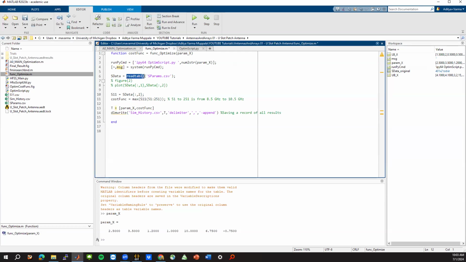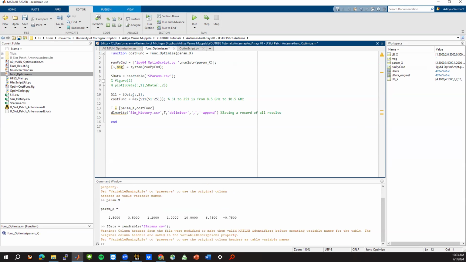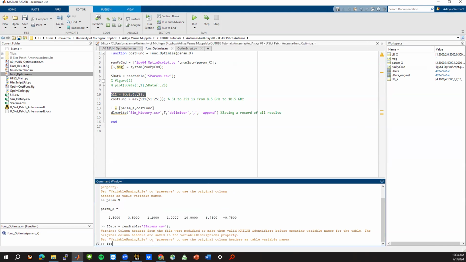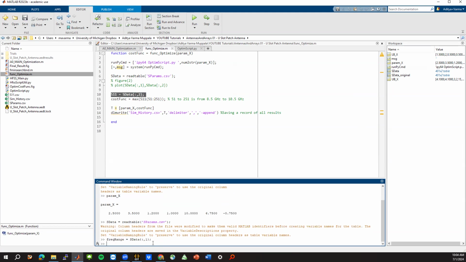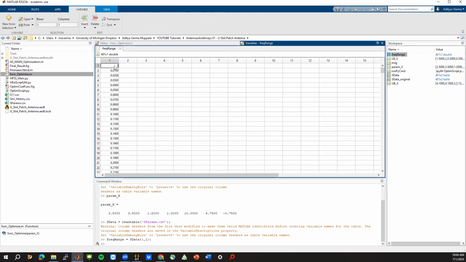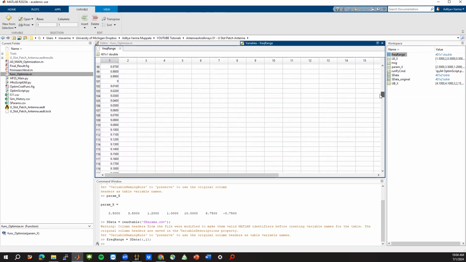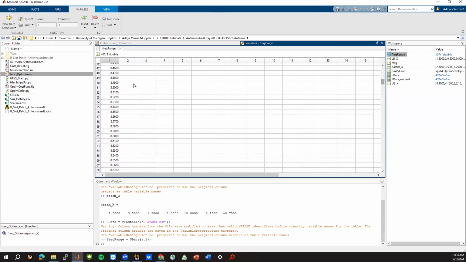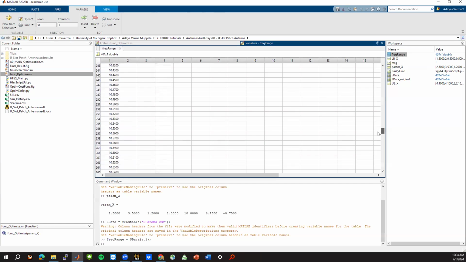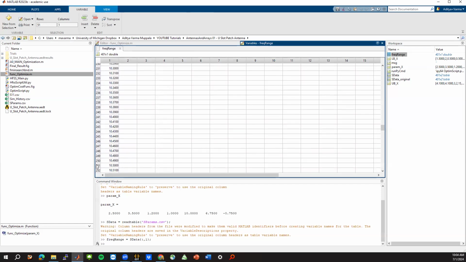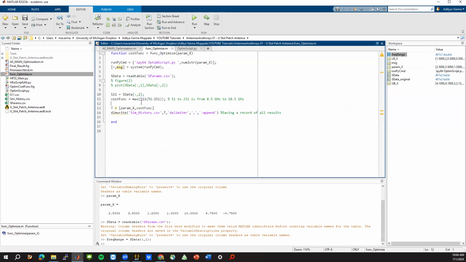So what is that? What is 51 to 251? Let's actually look at that. So if you look at the frequency part of it, so let's say if frequency range is S data 1, right? So if we open this, this is the frequency from 8 to 12 gigahertz, 401 points, right? And from 51 to 251 is basically from 8.5 gigahertz all the way to 10.5 gigahertz. So I just want to minimize S11 and I want to match it from 8.5 to 10.5 gigahertz,